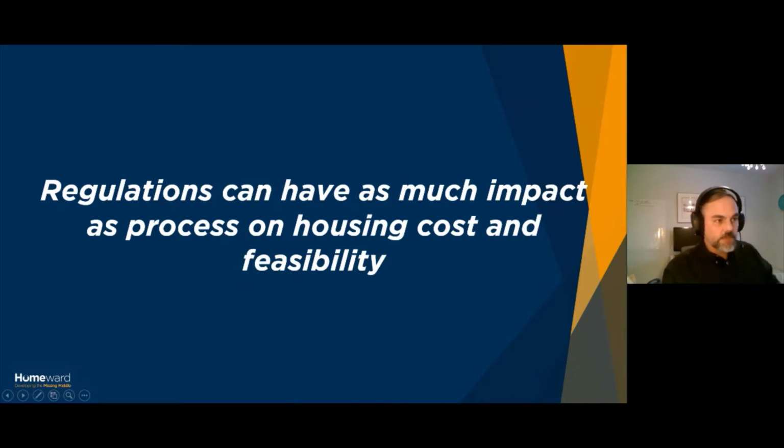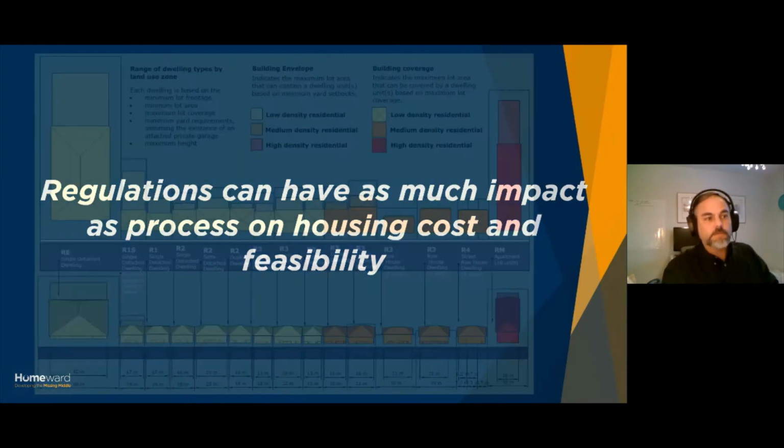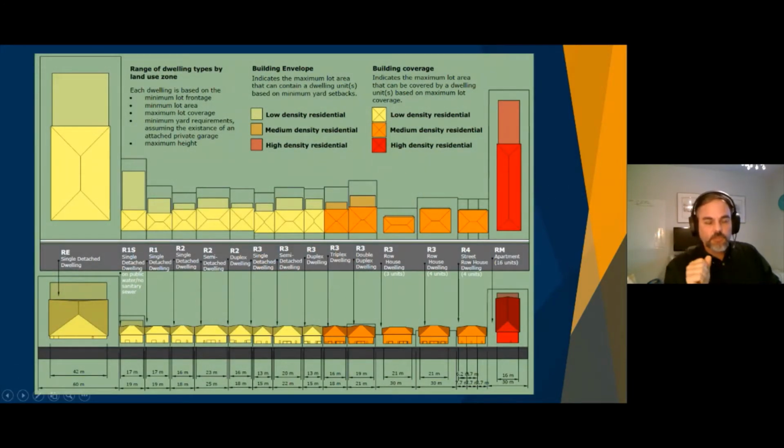The regulations also have as much impact as process on housing cost and feasibility. Here's an example that just shows the differences in terms of the zoning requirements for a community that relates to the built form differences across the residential components identified in their zoning bylaw. And it's interesting to note that there are 6 different zones here identified for singles and another 5 for duplex or semis. And when you take a close look at them, you'll note that their lot size in terms of depth and width and the house sizes in some cases only differ by maybe half a meter. I would argue that this is far too fine a grained